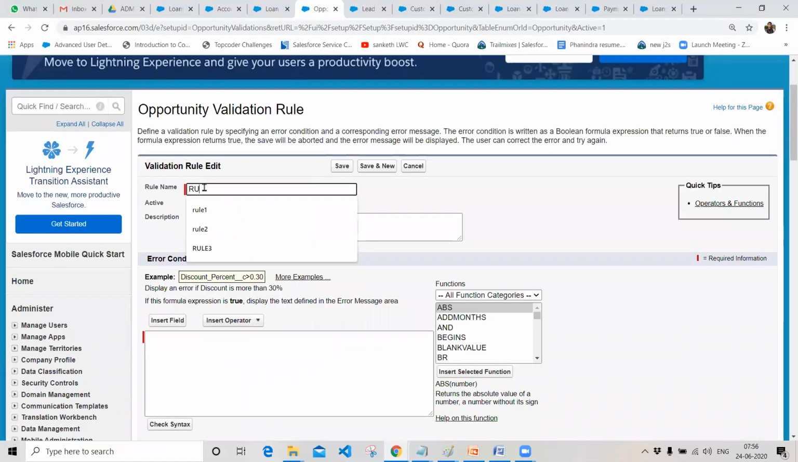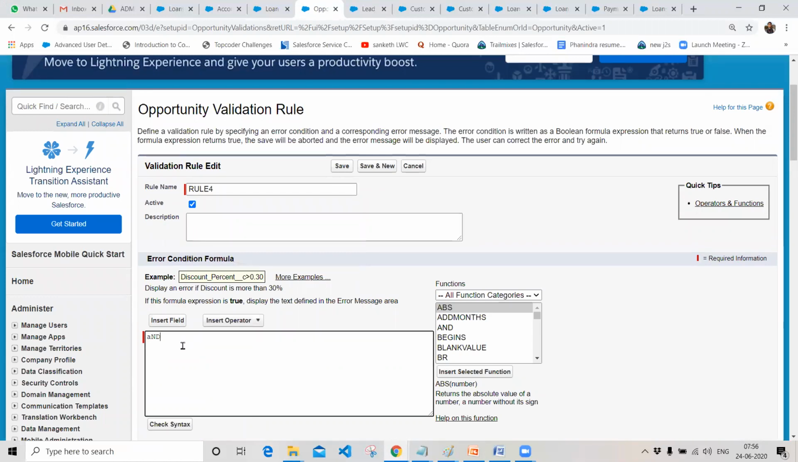I want to create rule number 4 over here, and I want to check an AND condition because I want to check two conditions, right? That's why I'm using AND over here. Whenever I'm creating a record, the formula is IsNew. So this is one of my conditions, and the second condition is something like when the